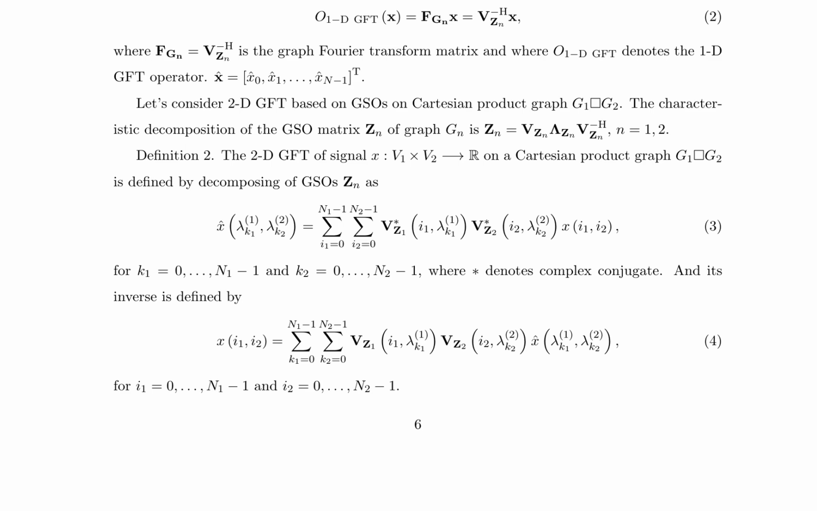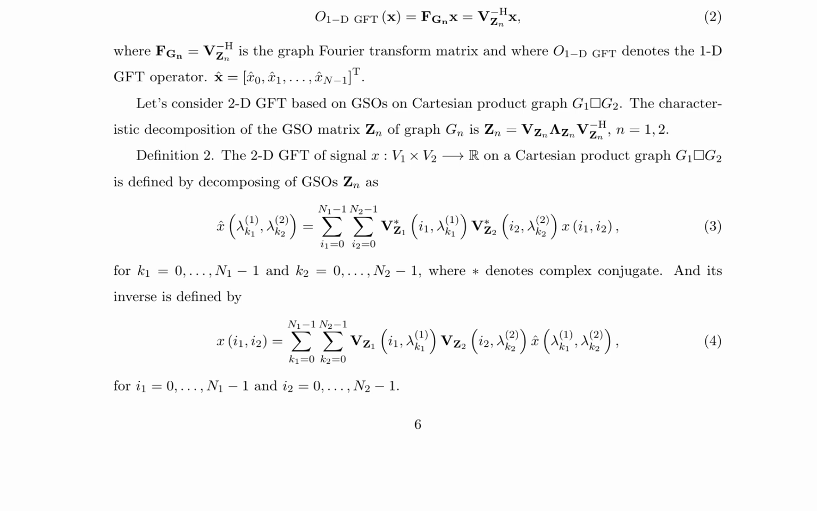For signals on Cartesian product graphs G1 □ G2, the 2D GFT is defined. The GSO matrix Zn of graph Gn is decomposed as Zn equals V_Zn Λ V_Zn^H for n equals 1, 2. The 2D GFT of a signal x: V1 × V2 → R is defined as x̂(λ1,k1, λ2,k2) equals the sum over i1 equals 0 to n1 minus 1, the sum over i2 equals 0 to n2 minus 1,